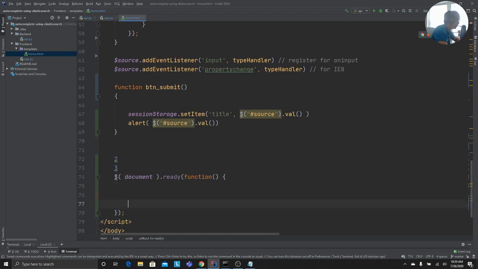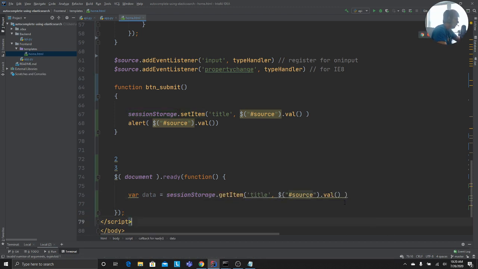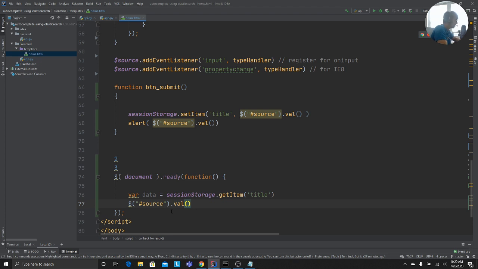As soon as the DOM is loaded next time, I know that the value was there in the session, right? So get the value from the session. Okay, we'll do get item. Of course, get item won't take that one. So we get the item and then I'm going to set it up. Was it val or was it text?